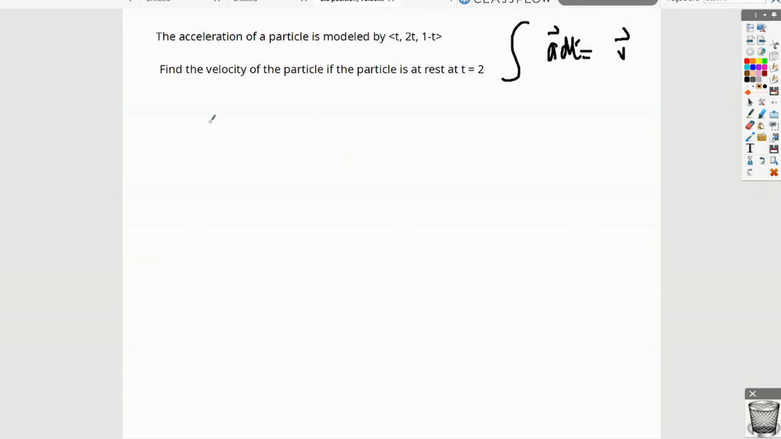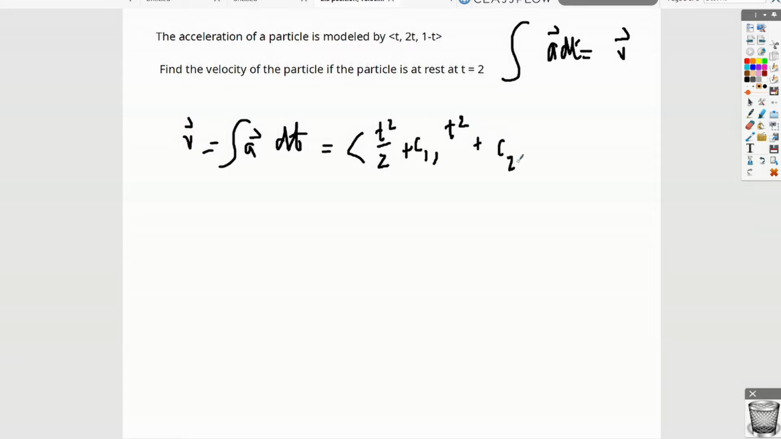So acceleration is equal to that, so velocity is equal to the integral of acceleration, which is equal to t squared over 2 plus c1, t squared plus c2, and then t minus t squared over 2 plus c3. So what's c1, c2, and c3? Well, if we put 2 in there, we're supposed to get 0, right? So